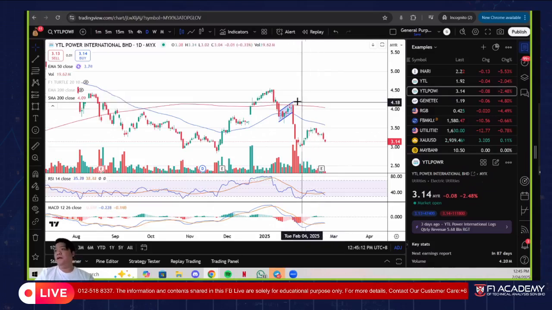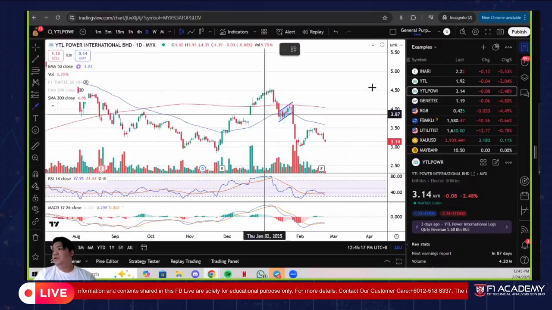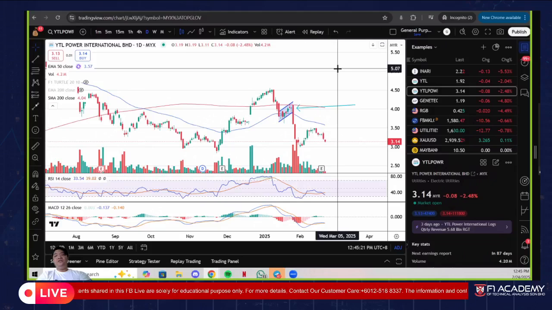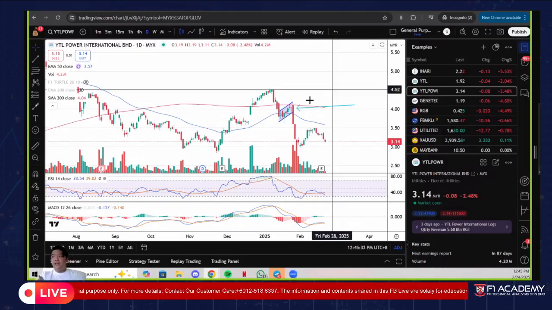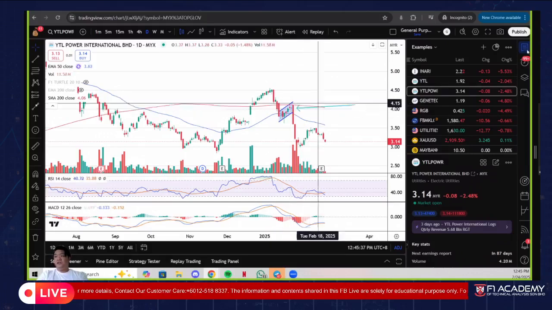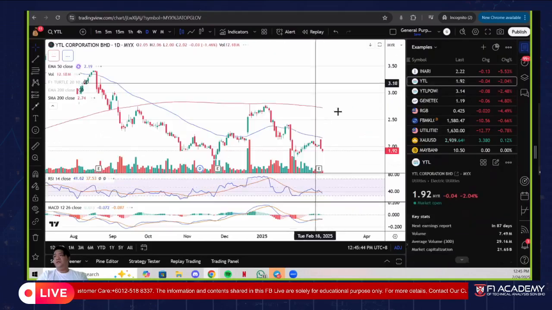Well, this is a key pattern, let me get my arrow here. This is what we call a bearish flag. A bearish flag basically is just a pause and then it continues, hence it's called a continuation pattern. So it will continue the downtrend. A lot of people get trapped by this, so be aware, draw your lines, be very clear of it. As you can see here. And we'll use YTL for another example. It's not that great of an example, but we'll use it anyways.